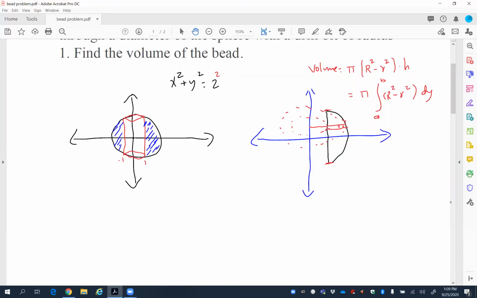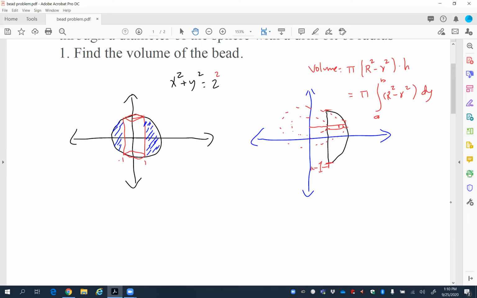So from this point to this point, the distance would be 1. So from here to here, the distance would be 1. Okay, 1 radius drill. So now that's the inner circle, that's small r. And for the capital R, you can see that that's the distance from this point